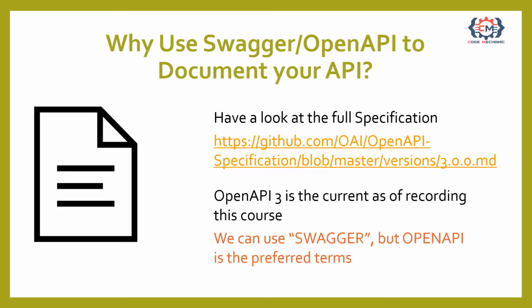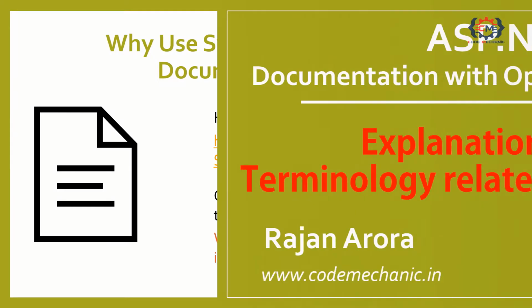The current version of OpenAPI is 3.0.3 and the OpenAPI specification is often referred to as a Swagger specification as well. Both terms are interchangeable, but I will prefer to call it OpenAPI. Once you start looking around for information on OpenAPI or Swagger, you will quickly encounter terms like Swagger UI, Swashbuckle, NSwag, and so on. So let's clear up the confusion and define what all of these are and how they relate.